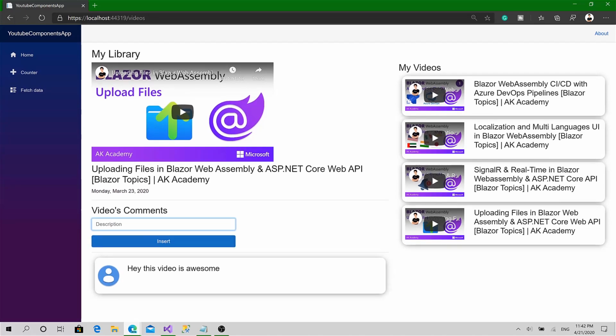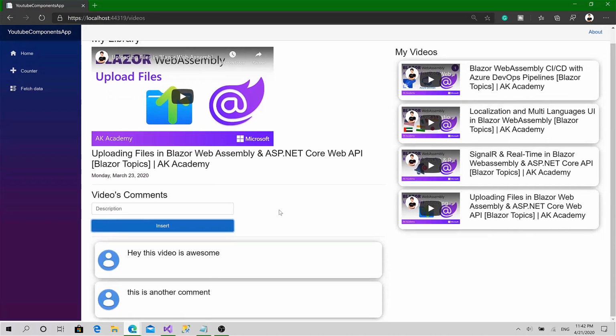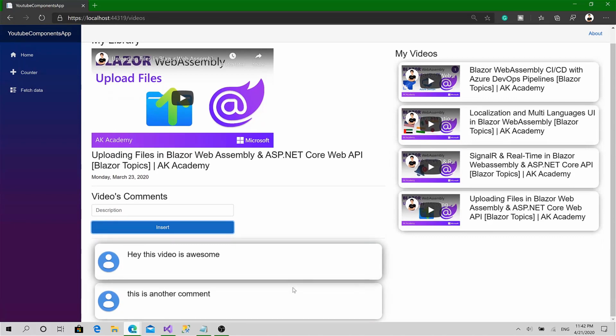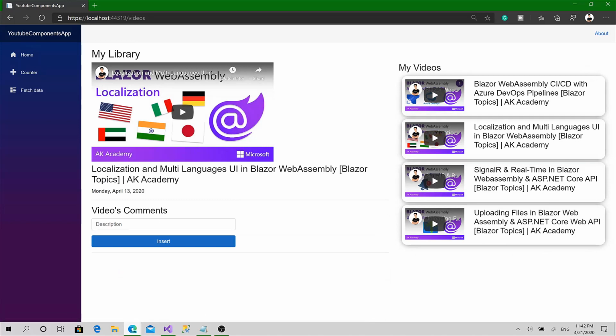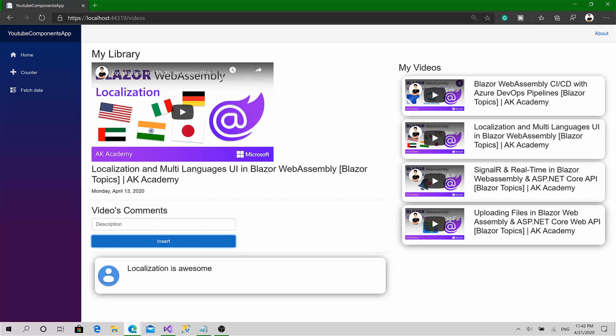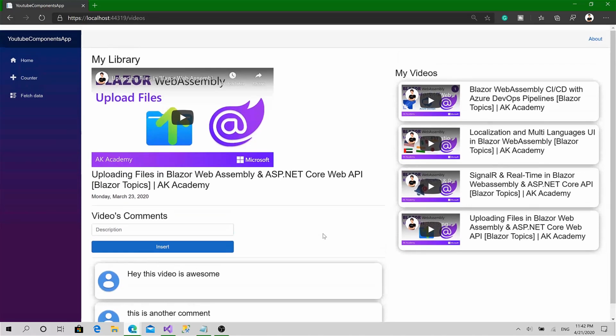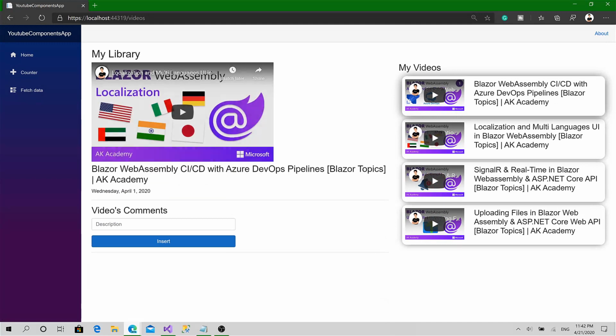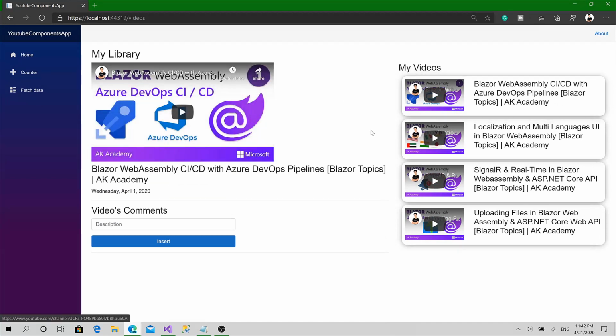Let's add another one. This is another comment. Okay, that's cool. It has the same style as this one. Now let's add some comments here. Localization is awesome. Insert, we have another one. Let's go back to this one. Yeah, that's nice, right? Now I will just add also a little border and a little shadow for each component